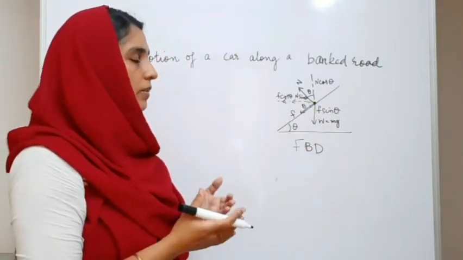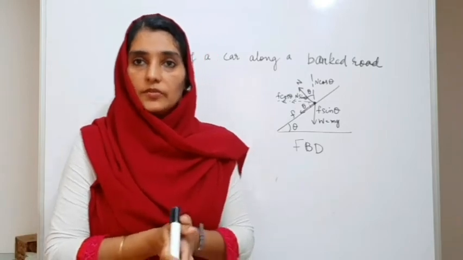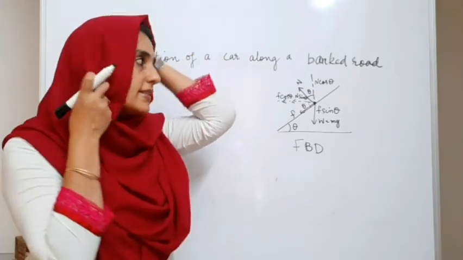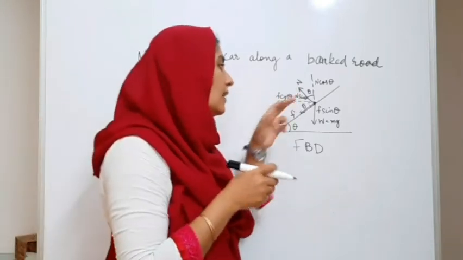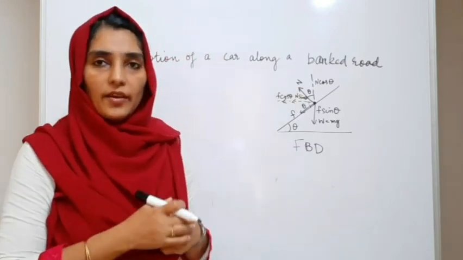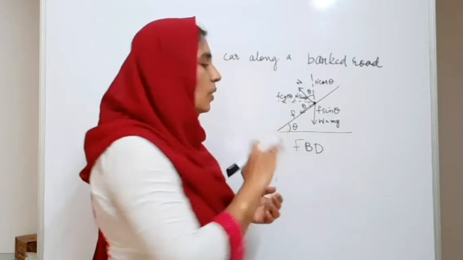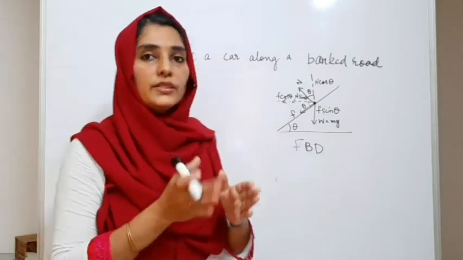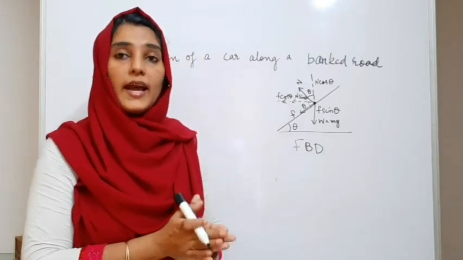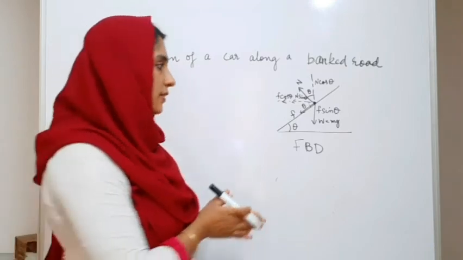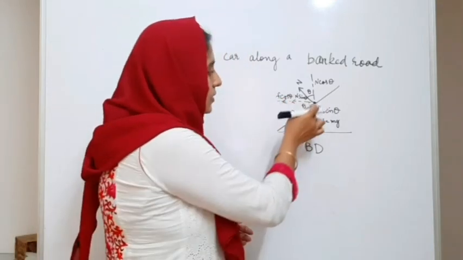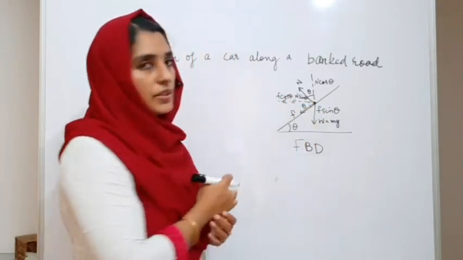Now let us apply the concept of resolution of vectors. Let us resolve the vector N and the frictional force F in two different directions. So this is the normal force. Now what about the frictional force? Frictional force again has the peculiarity of acting tangential to the surface or along the surface. So it is in this direction the frictional force is acting.